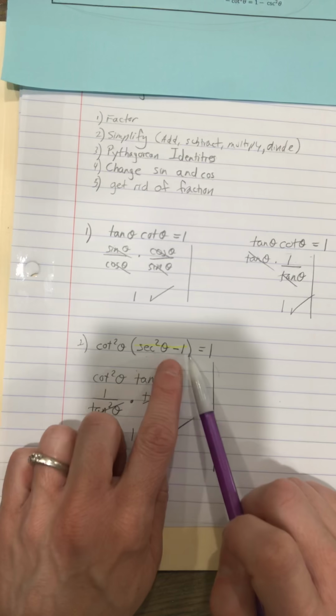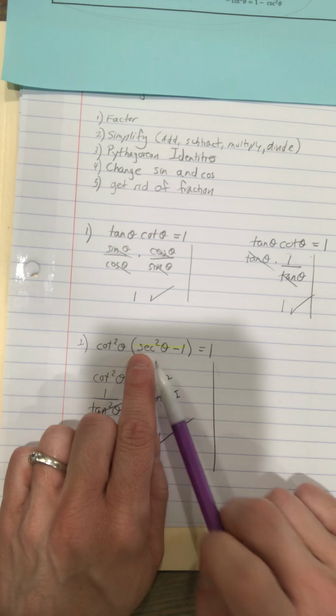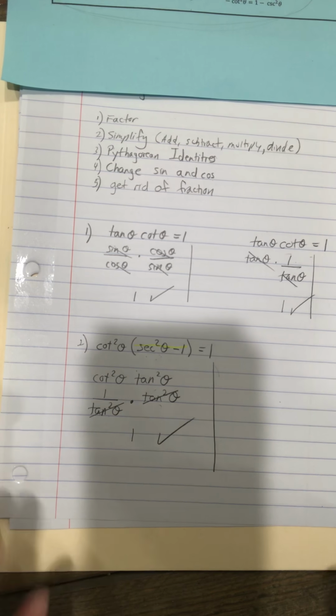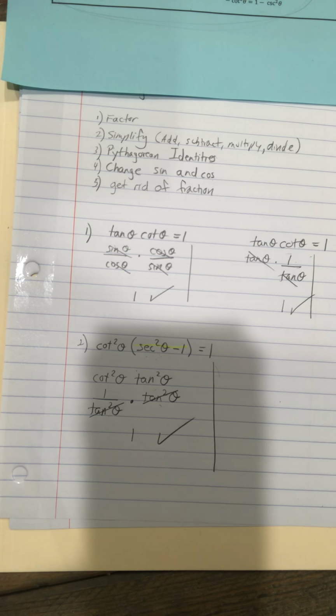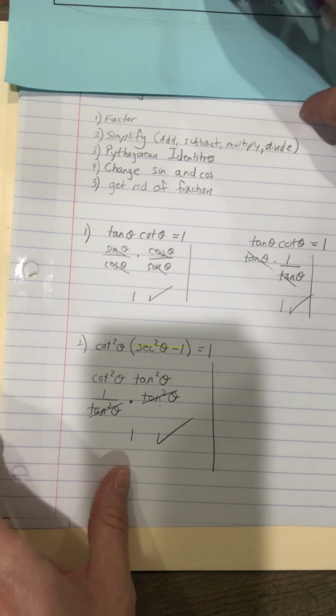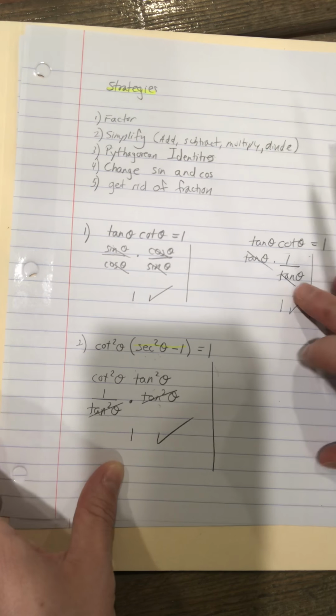So whenever you see a 1 and a trig function squared, look for a Pythagorean identity. That is a great strategy. These are strategies that you need to utilize on your quiz. All right, guys? Okay, I'm going to go over 2 more strategies. And remember, I'm going to do more strategies on tomorrow's review too, since you have a couple days to complete this. All right, so the next strategy I'm going to look at is something like this,